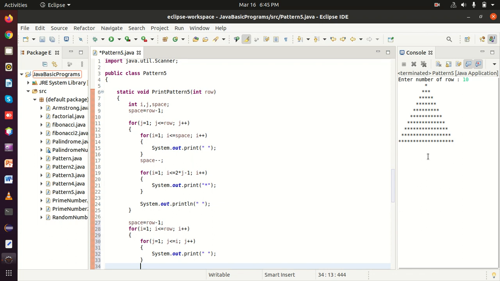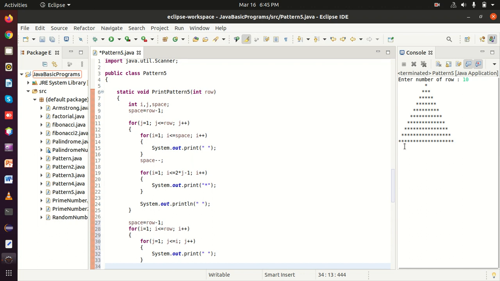We can see here one space is here, and in the previous row we can see two spaces. Again in the previous we can find 3 spaces, 4 spaces, 5, 6, 7, 8, 9 spaces. So this space we have to follow for the same next pattern.